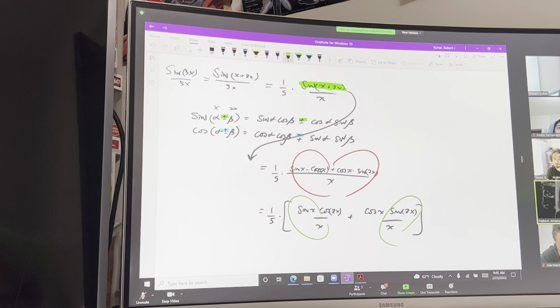For the sine 2x, you just use 2 sine x cos x over x. So that becomes 2 sine x cos x. And then again, I can see that sine x over x. Cos 2x and cos x are both 1, so you basically just